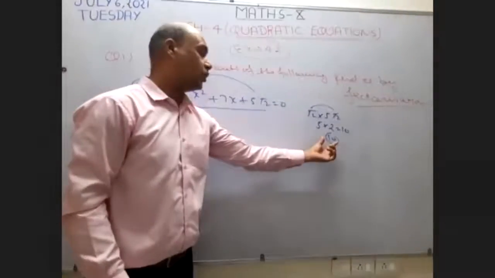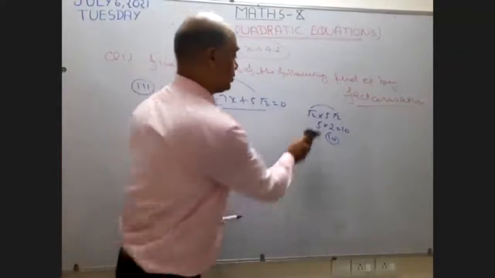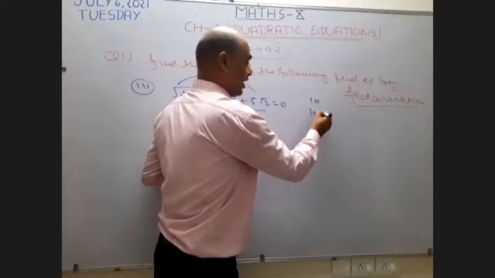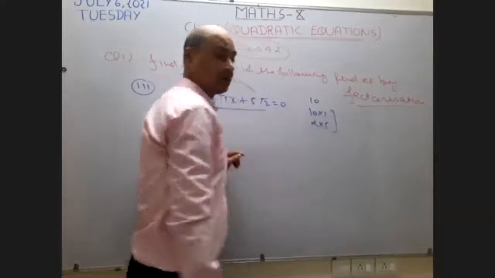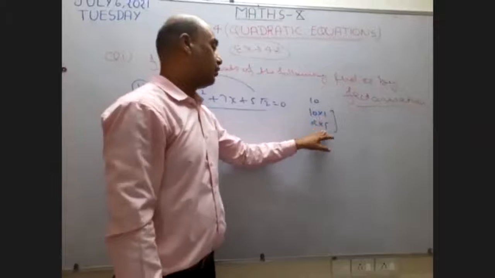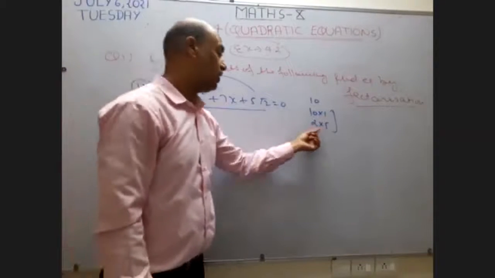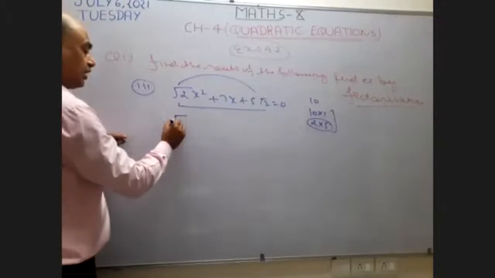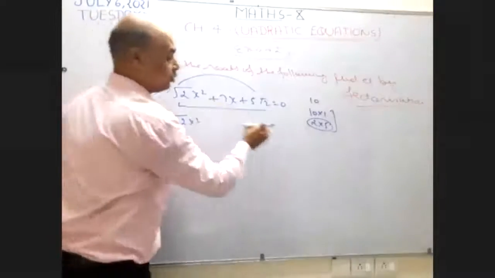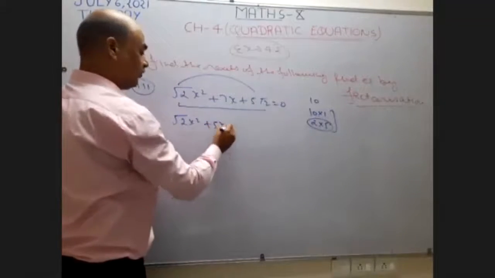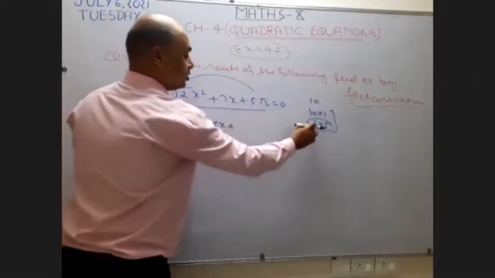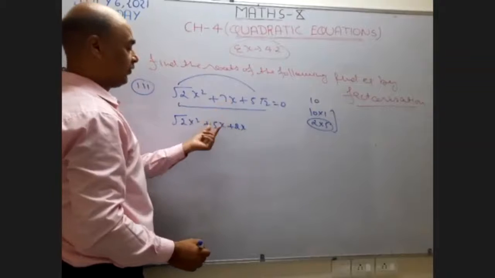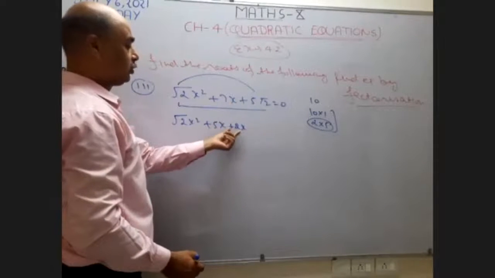It means I want to make the factors of 10. The possible factors of 10 are 10 into 1 and 2 into 5. Only two factors are there. Now I want to take the pair which is going to represent 7. So easily it is there, 5 plus 2 is 7. So I want to take this pair. So this becomes root 2 x square. This positive sign I want to give to the larger number. If the larger number becomes 5x, automatically the smaller number also becomes 2x, because 5 plus 2 is going to represent 7. If it is positive, then it is also positive. 5 plus 2 equal to 7x.